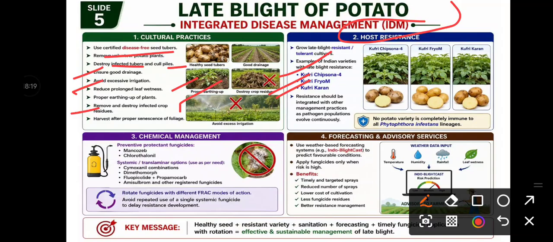As I have already told, Metalaxyl is nowadays showing resistance to Oomycetes. So we should focus on preventive spray. So proper surveillance or forecasting of disease should be there so that we can do the preventive fungicide spray of mancozeb or chlorothalonil. And if infection is there, then we can go for the systemic or translaminar options like cymoxanil,